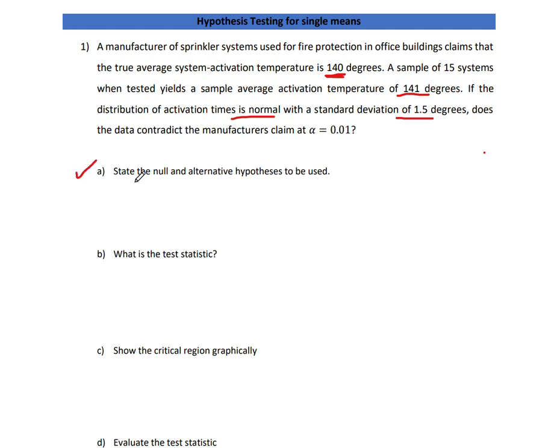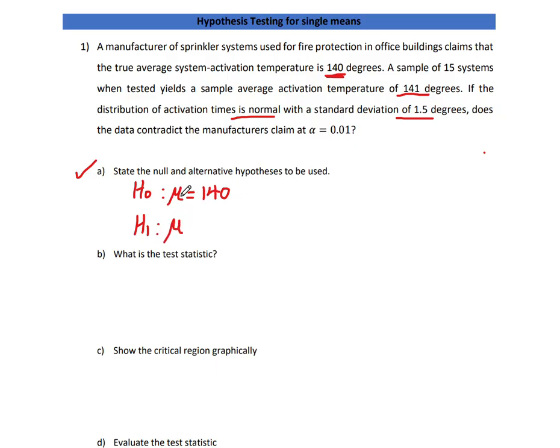So we're asked to state firstly here the null hypothesis and alternate hypothesis. So the null hypothesis, of course, would be H naught. So H naught here would be mu equal to the claim that is being challenged. And the claim that is being challenged here is that the average activation temperature is 140 degrees. So the established claim or the established information that is being challenged is the value that always goes in both the null and alternate hypothesis. So the null hypothesis here would be that mu, the population mean, is equal to 140,